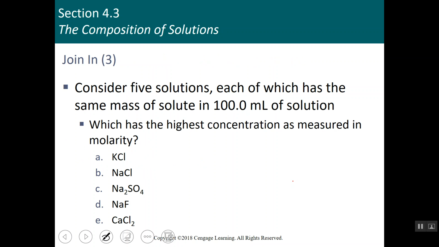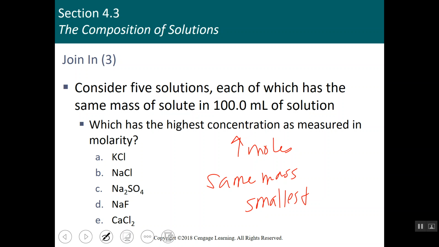In this particular one, consider 5 solutions, each of which has the same mass of solute in 100 milliliters of solution. So we put in the same mass, whether it was 10 grams, 50 grams, 100 grams, whatever. Which one has the highest concentration? In order to have the highest concentration, because you're putting in the same volume, it has to have the greatest number of moles. So same mass means the one with the smallest molar mass is going to be the one with the highest concentration,